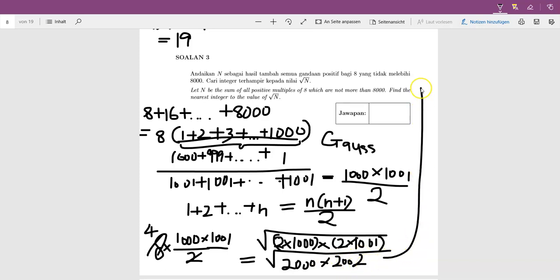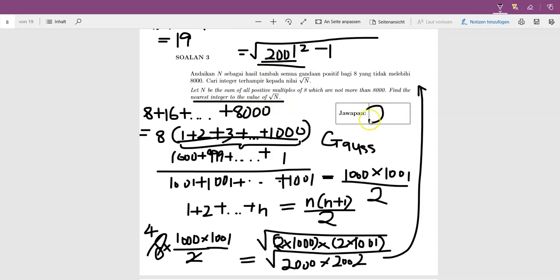Okay, let me move my working upwards. So here, this whole thing is basically n times n plus 2, which is n plus 1 minus 1 squared. So this is 2,001 squared minus 1. So the closest integer to the value of square root n you can see here is 2,001. I know there's a little bit of skipping some steps, but normally when